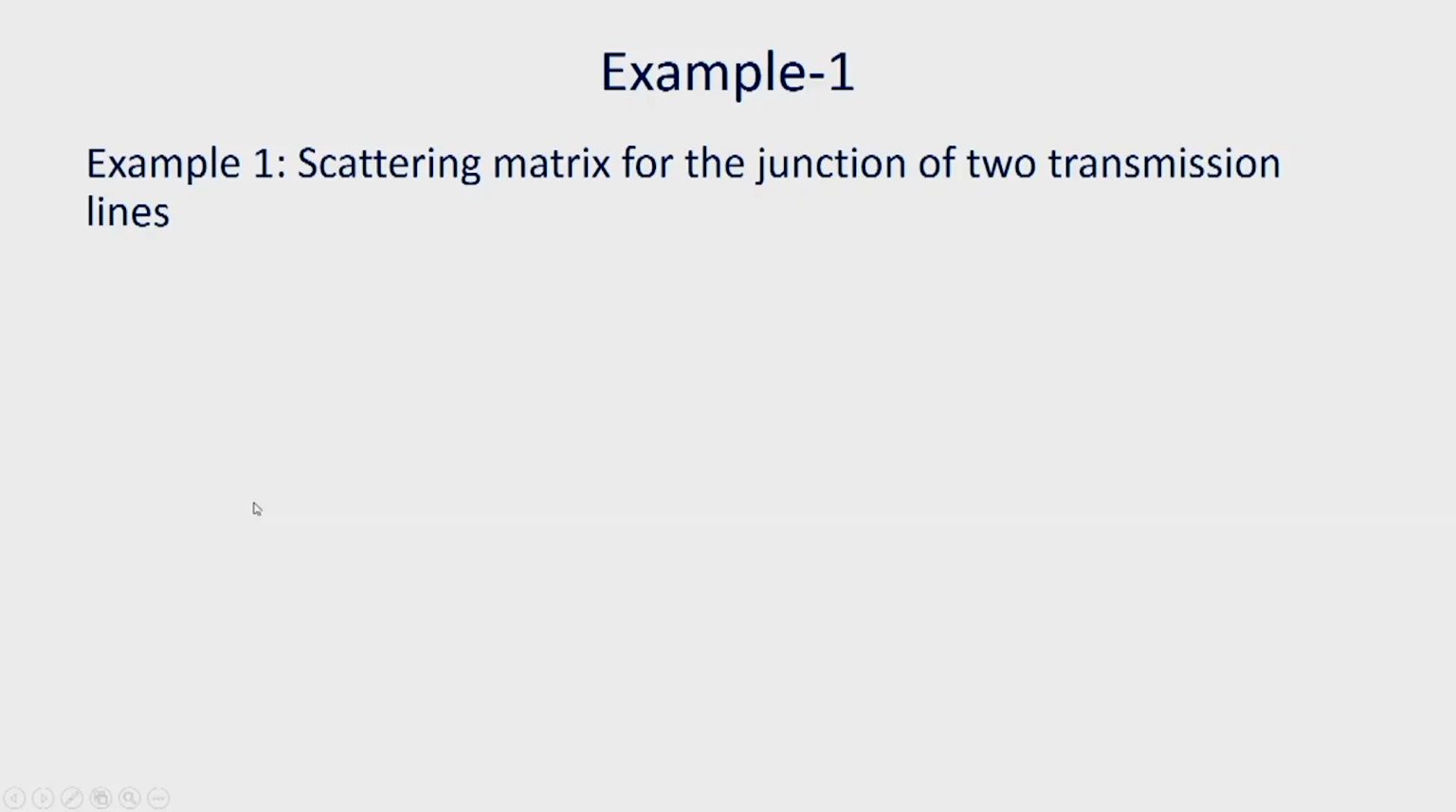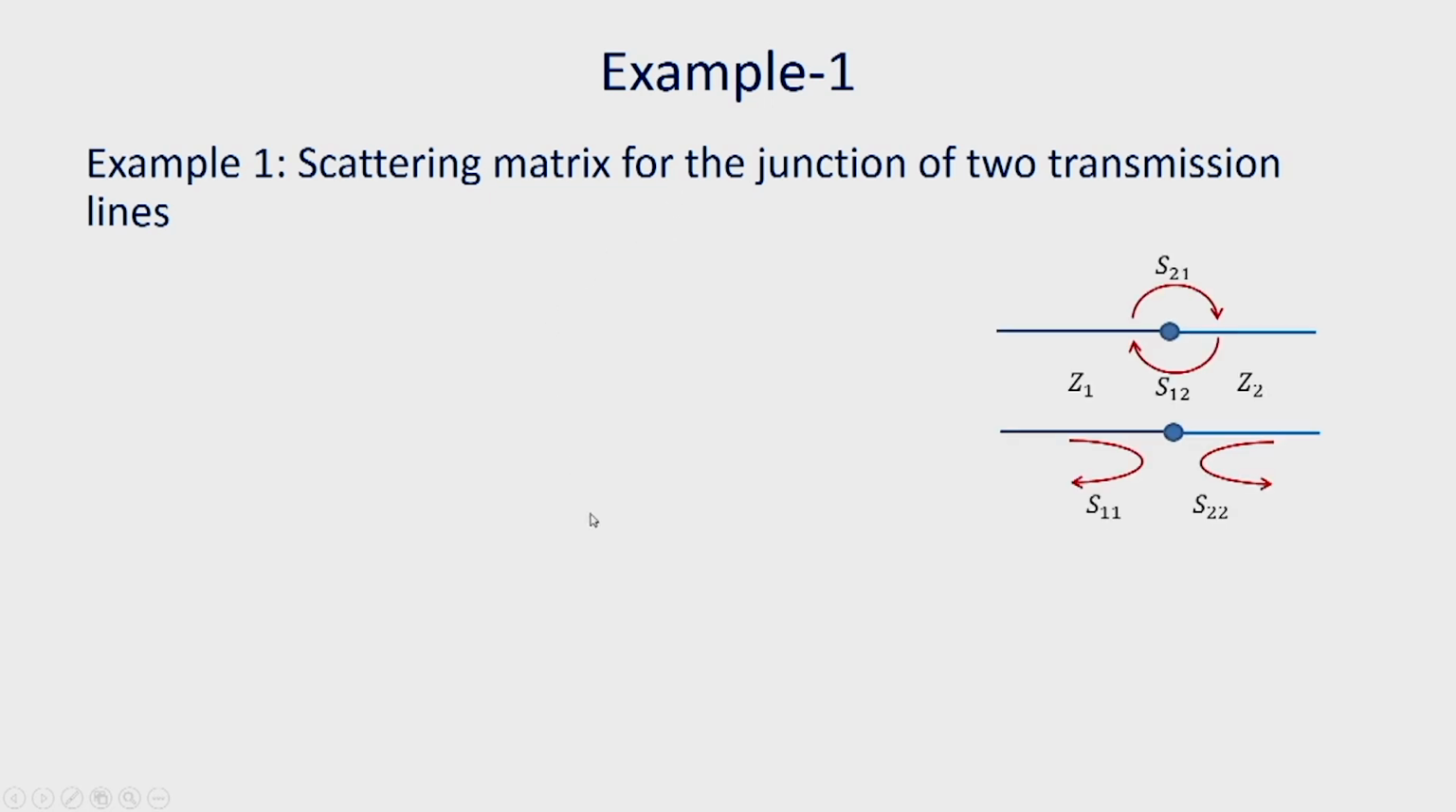Now, let us consider one example to explain some of the things that we have discussed in this lecture. So, we take this example: the scattering matrix for the junction of two transmission lines. It is shown here. Here you can see a junction between two transmission lines. This transmission line has a characteristic impedance of Z1 and this has a characteristic impedance of Z2,